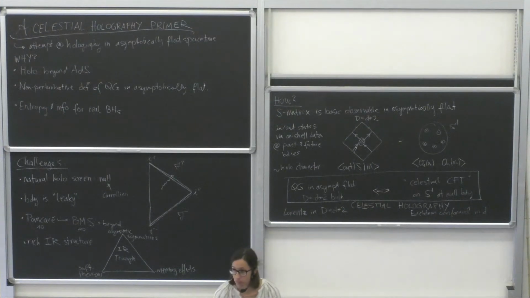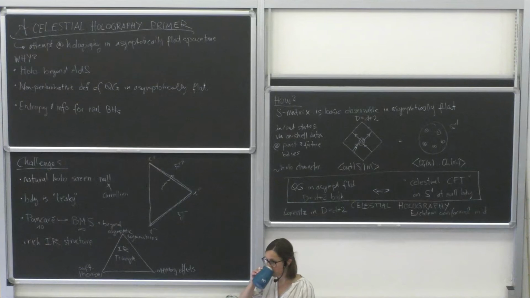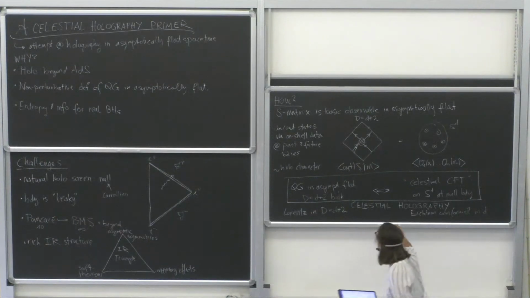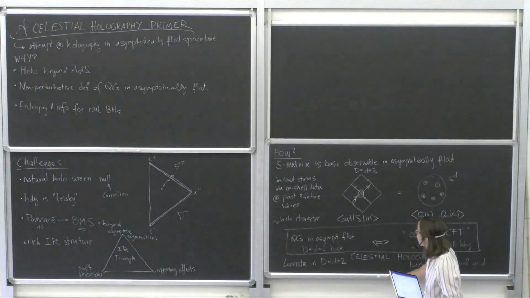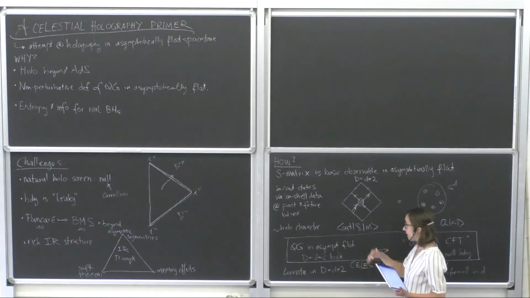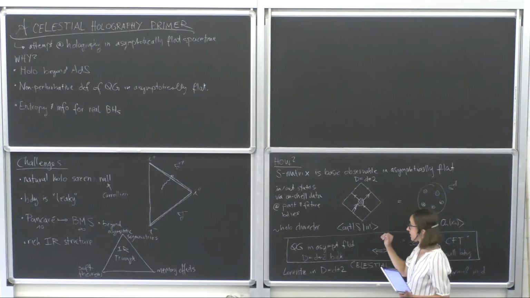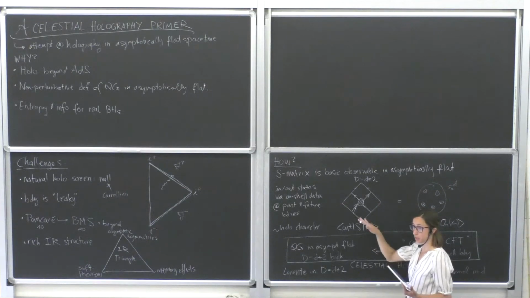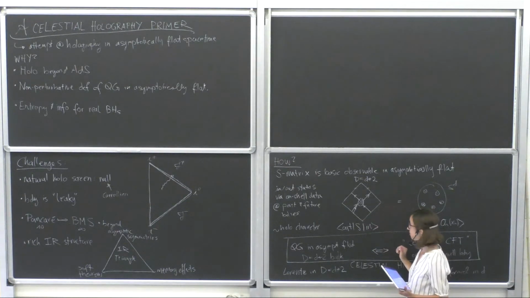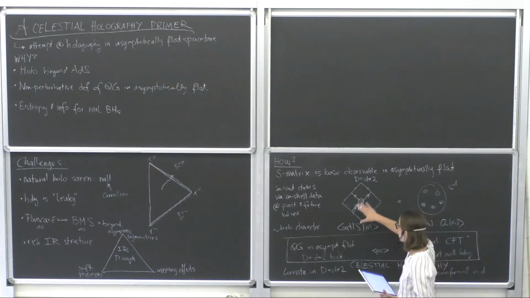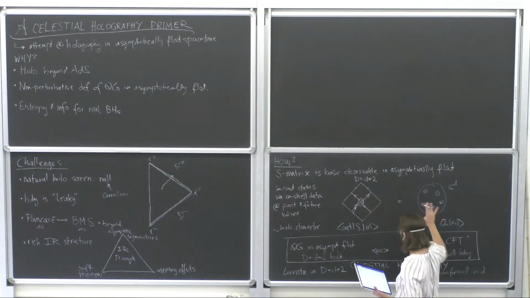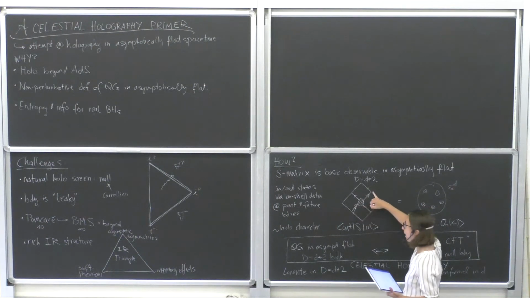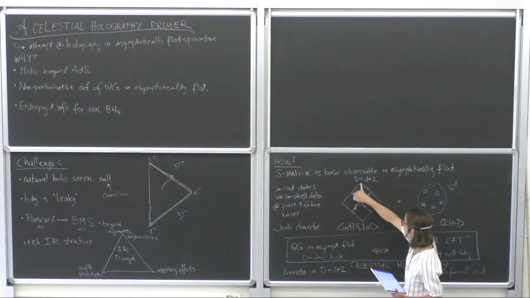Can this accommodate the scattering of massive particles as well? Yes. I've drawn here massless scattering, and in view of time, I will only talk about massless scattering, but maybe at the end of tomorrow's lecture, we'll talk about massive scattering and how this can be extended. Massless scattering is easier to view in this picture because the particles already end up at null infinity, while massive particles start and end on these points here.